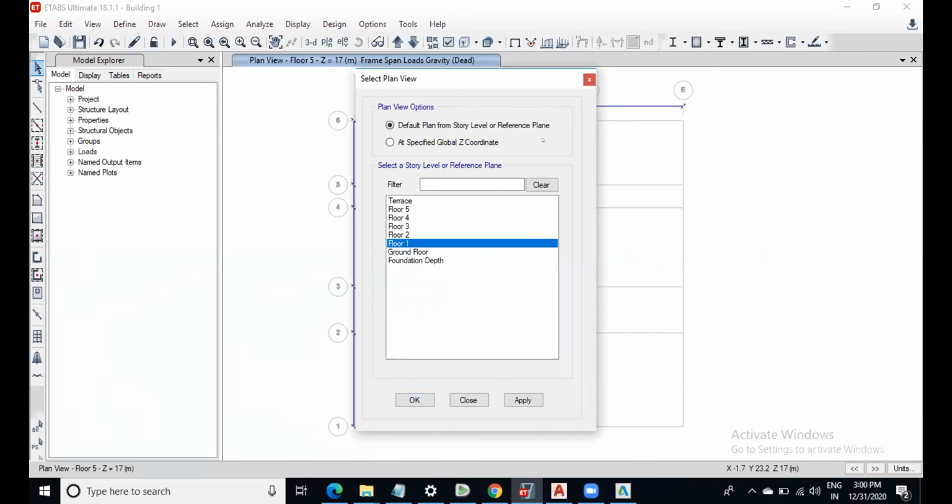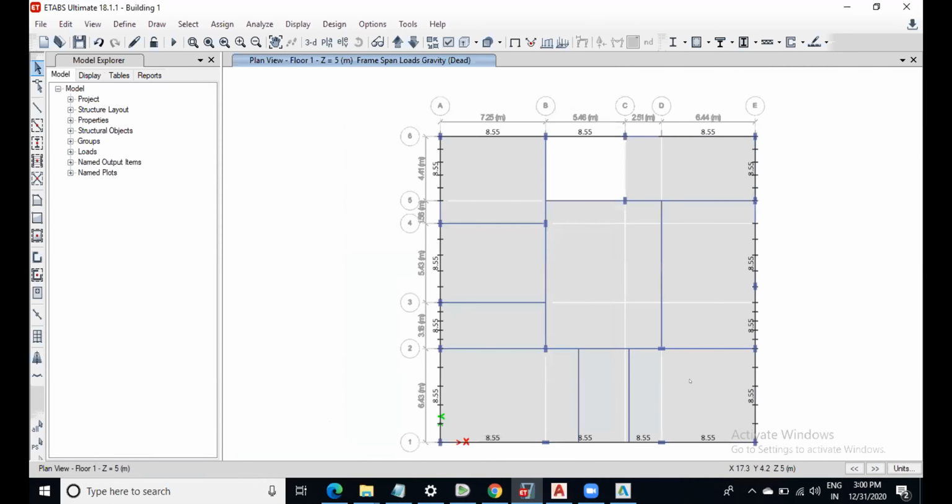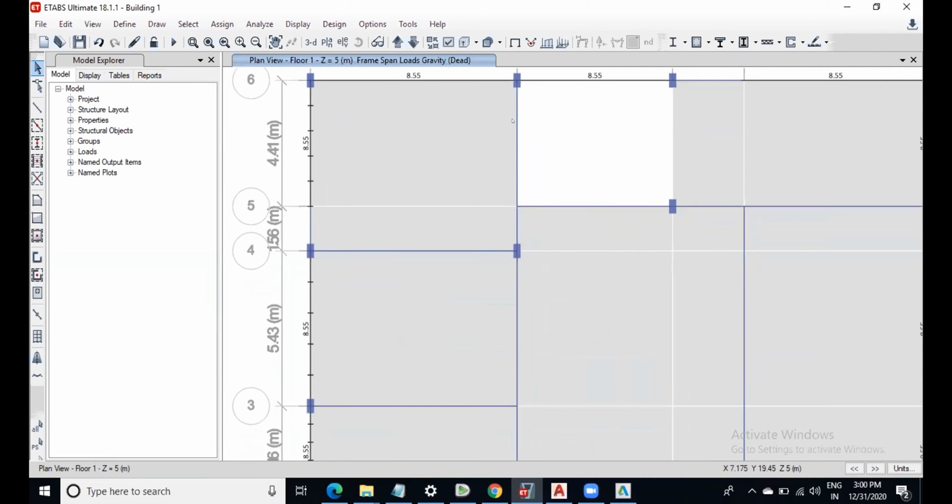Just go to the floor and say no. You have already selected. You can use the up arrow and down arrow over there. Yes. Now you are at the 5 meters level, so you can now select all the inner walls over here.